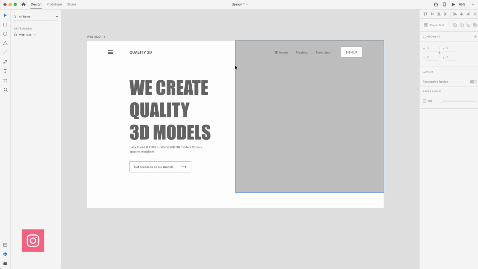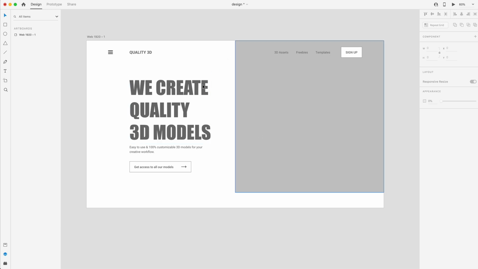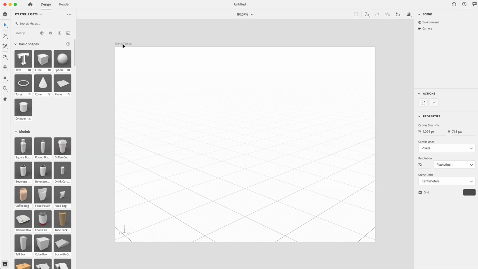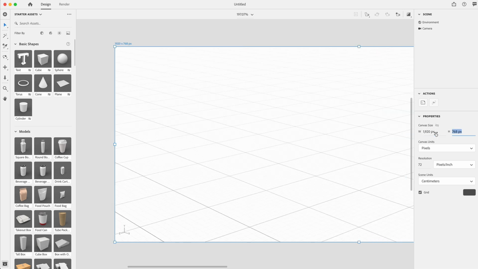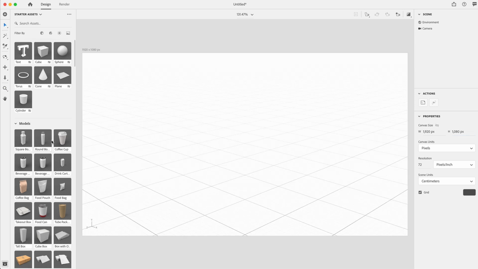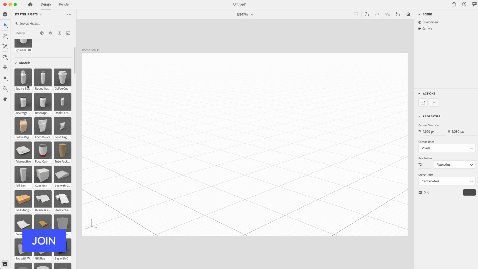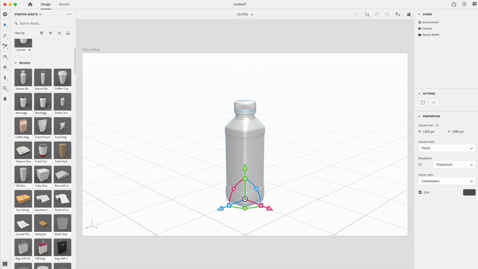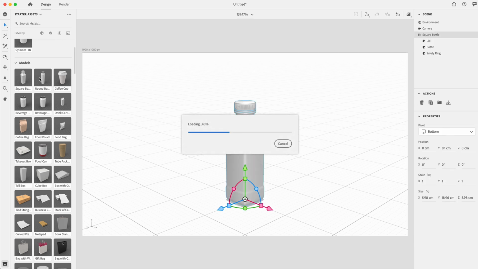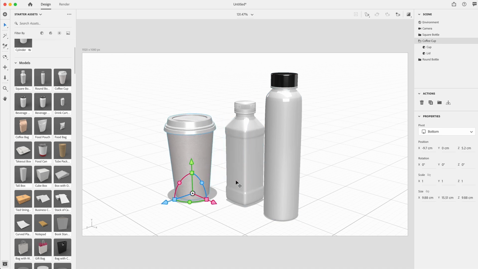So here's the wireframe that we created in the last video. Before we make any changes, let's head over to Adobe Dimension to create our 3D image. Here in Dimension, I'm going to select the canvas and adjust that to the same size as our artboard, 1920 by 1080. For this particular design, we're going to take advantage of the models that Adobe Dimension gives us for free. So I'm going to drag out a square bottle, a coffee cup, and the round bottle as well. So we have 3 of those assets in our scene, and we'll just drag them